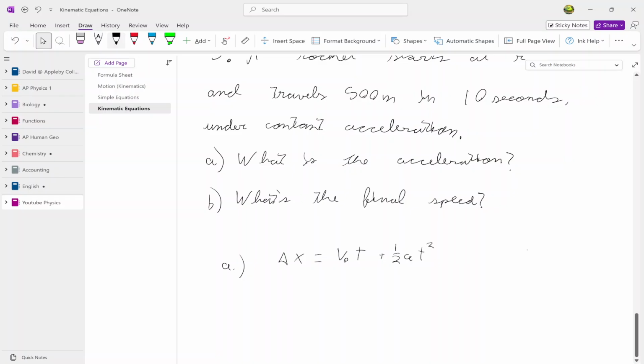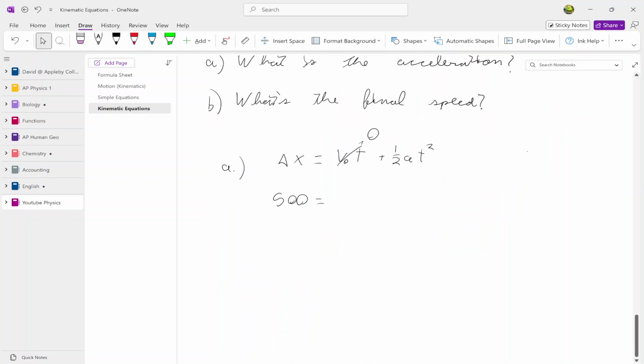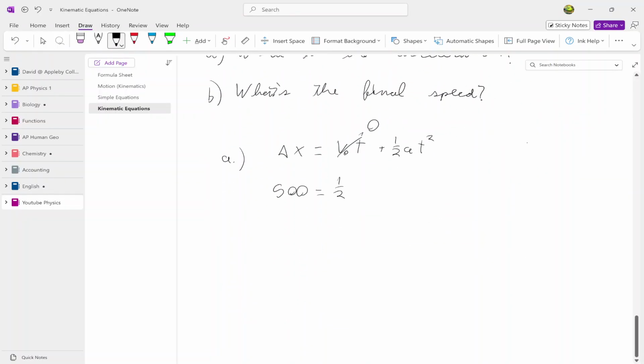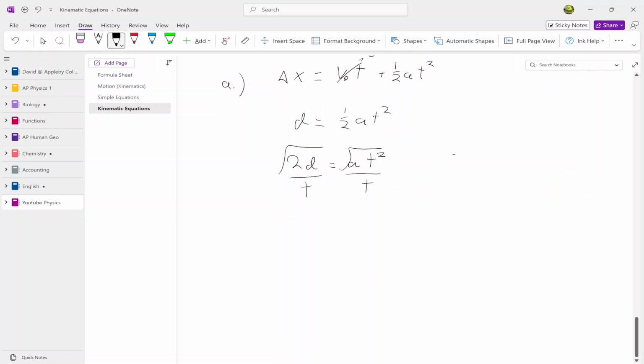So what is it? 500 meters equals 0 because it starts at rest, right? Then we have 1/2 times a times. Actually, no, we should rearrange it. AT squared. So we have 2d equals AT squared. But really, we can just square root it, and then we divide by t. So a equals